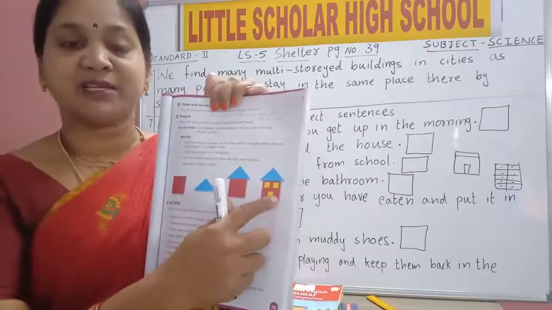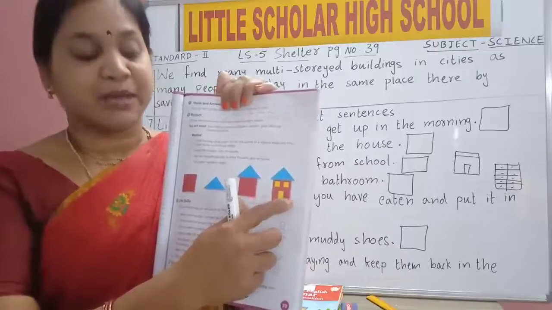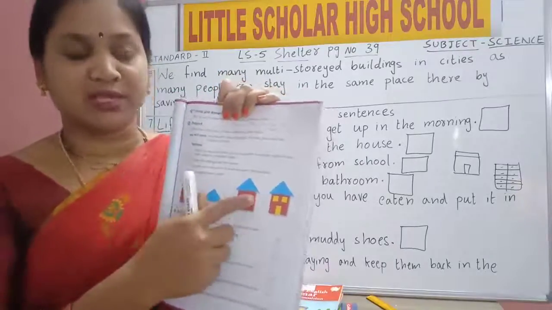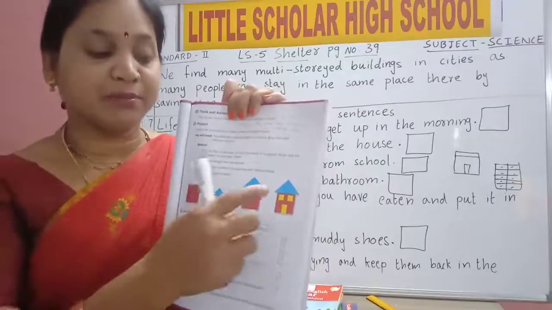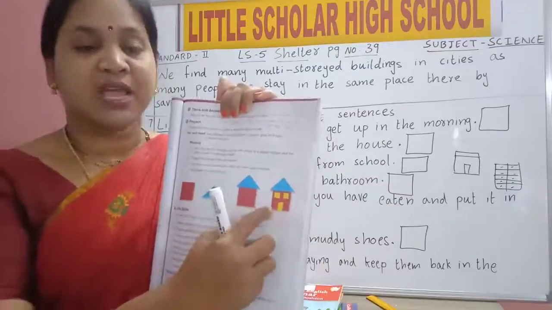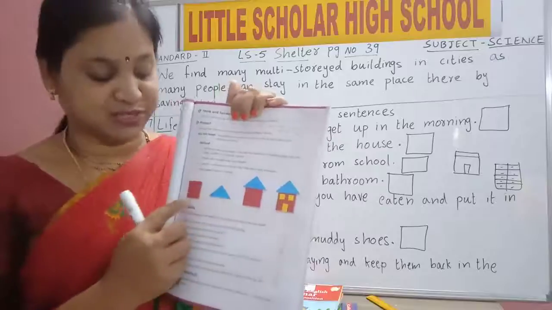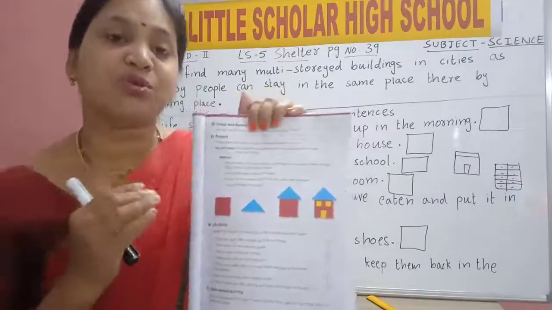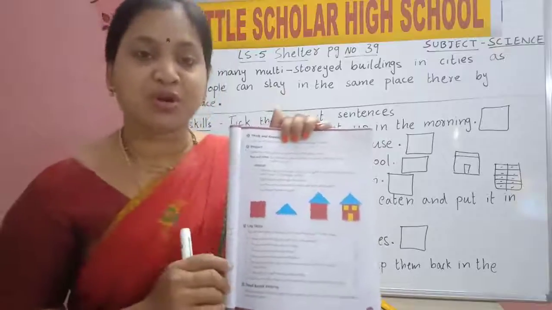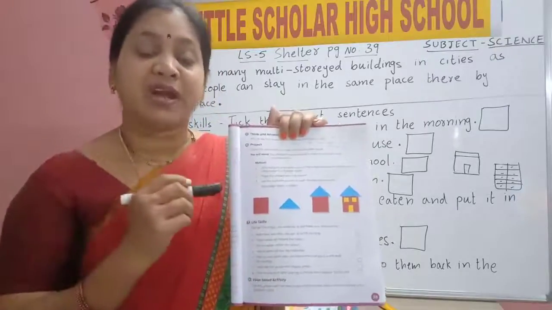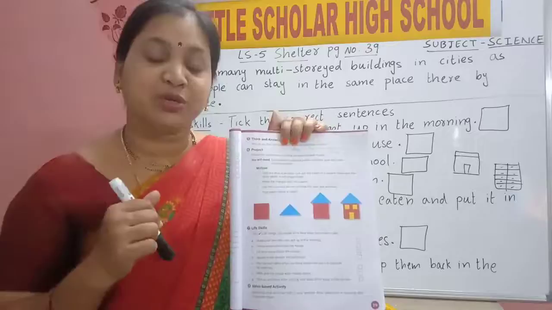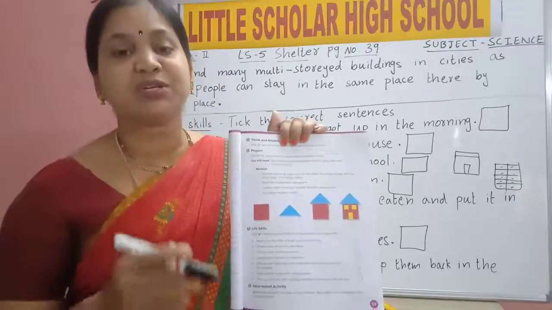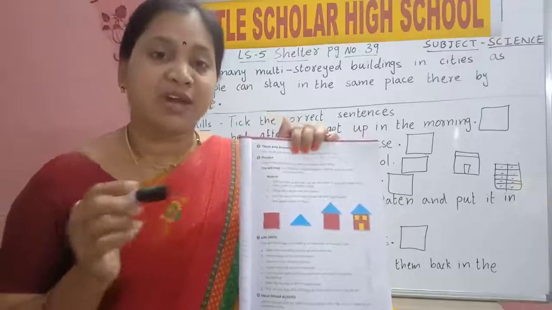Yes children, do this house and paste it in your classwork. You don't need to do all this, only do this house and paste it in your classwork. Is it clear? First you should take any one color square paper. Suppose you don't have color paper, what are you going to do? In one white sheet, use crayon and color the white sheet, whichever color you want.